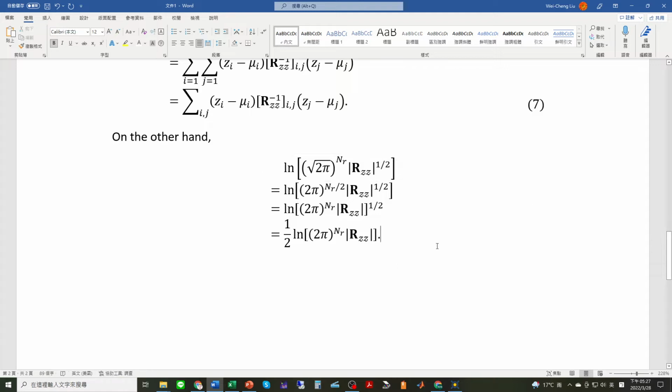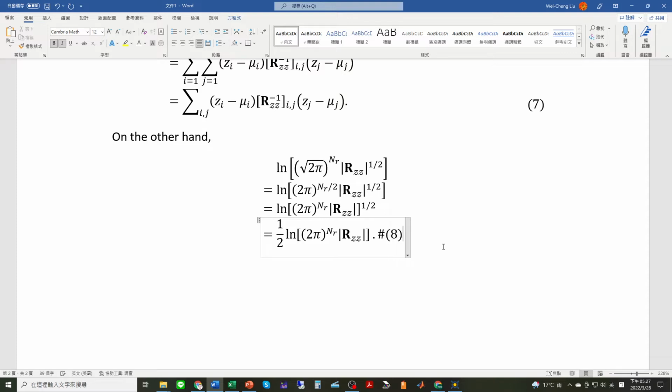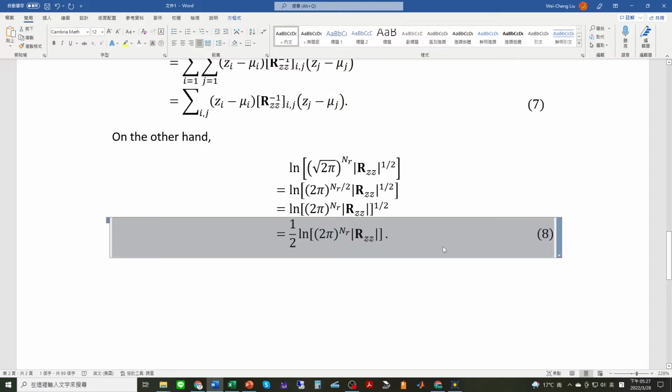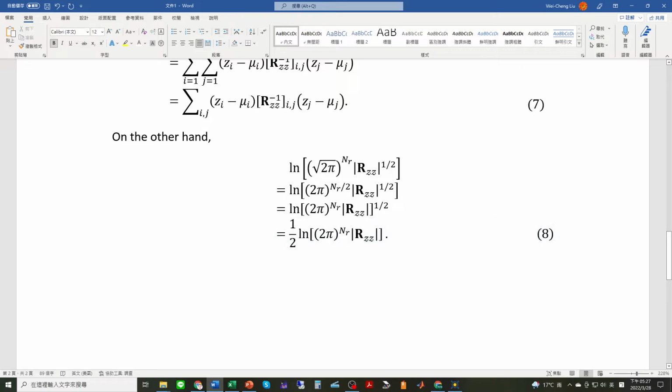And add equation number 8 here. Very perfect. Finally,